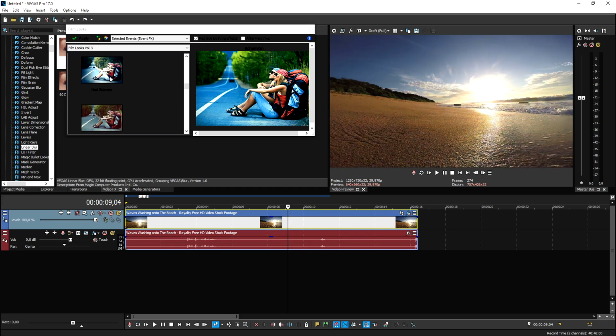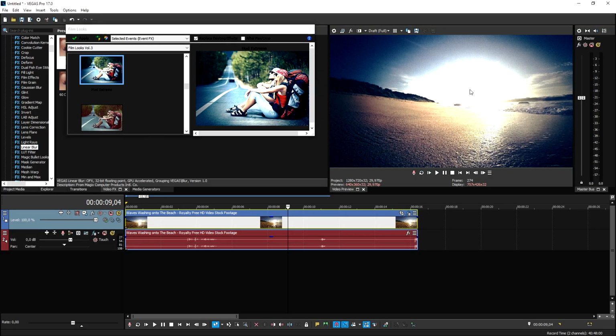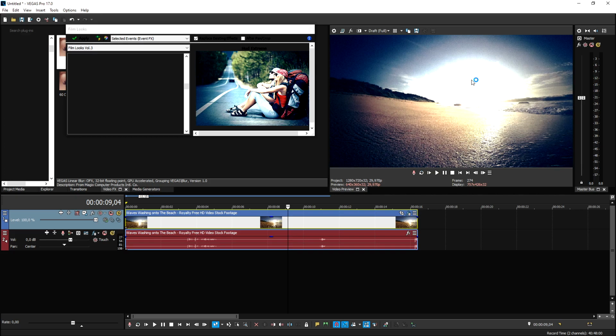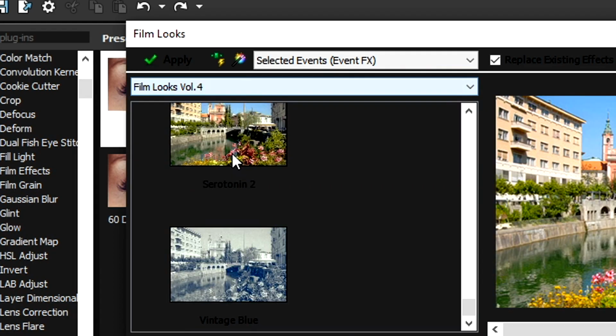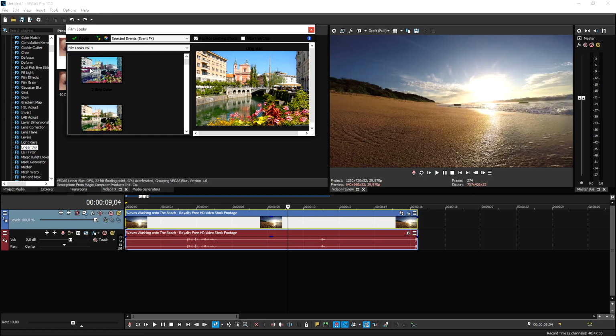So if you scroll down right here, we can also have this one, which makes this really cinematic, and it even looks like there's some kind of flare going on, but that's just basically the sun, and this effect just amplifies it 100 times. It's really cool. Now let's go to volume 4, and this is basically a section where you can add in